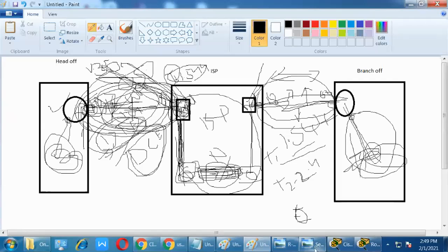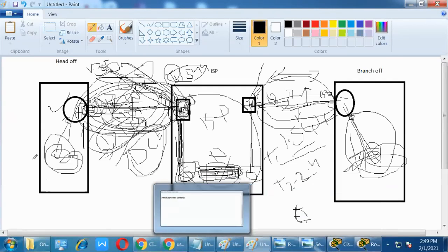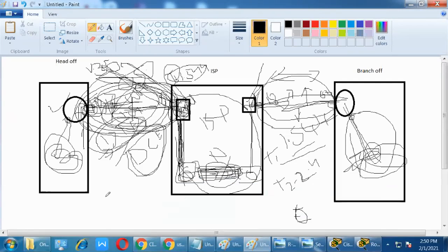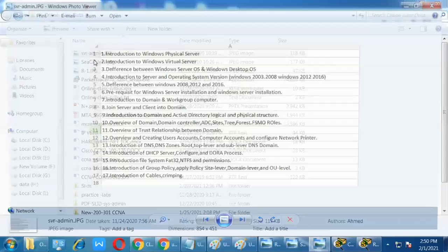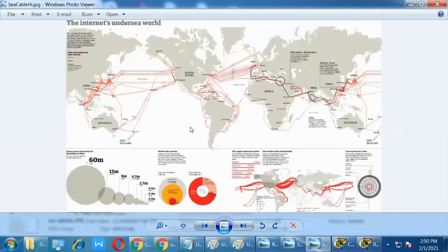Before that, sir, one question. Regarding this ISP link connectivity, is the connectivity present only in fiber optic cable, or can any of the cables be used for connectivity? Now we are using only serial cable. We are talking about the serial cable. Nowadays companies use fiber optic. I will come to that. Okay.